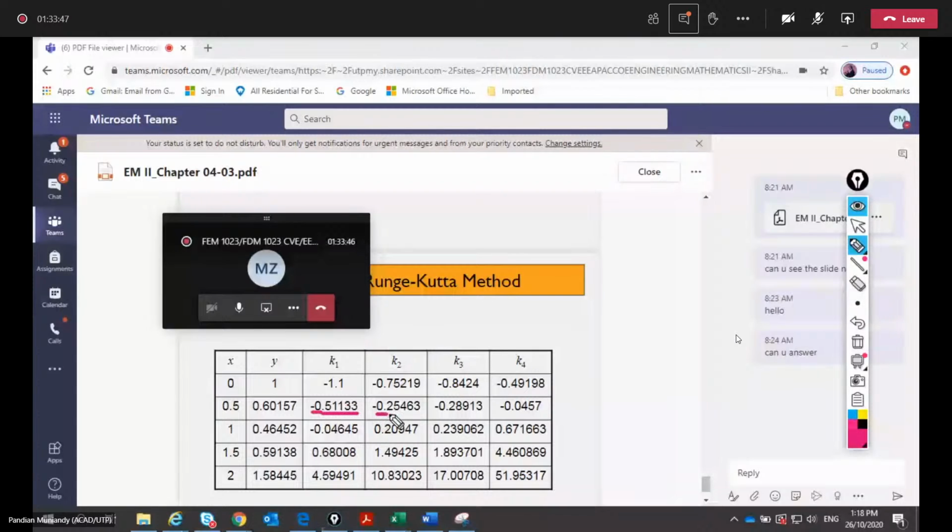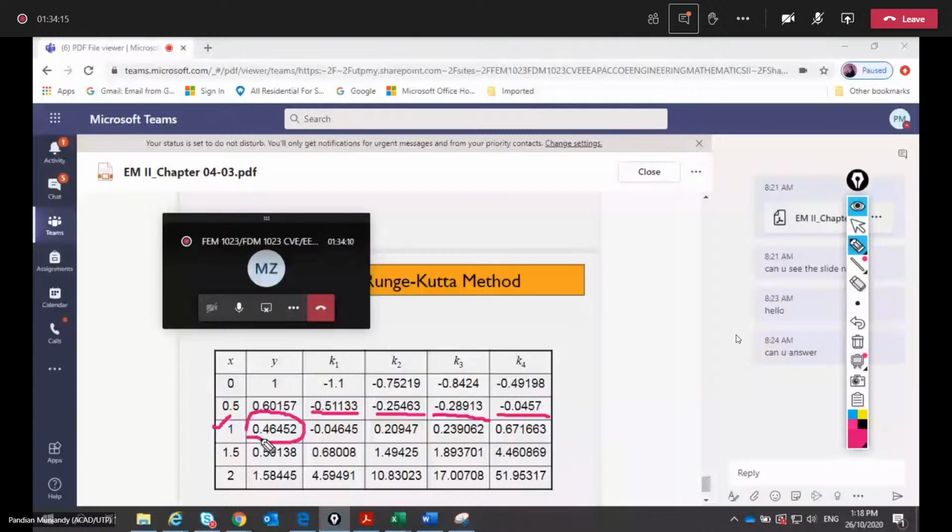0.51133, minus 0.25463, minus 0.28913, minus 0.0457. Use this value to calculate your Y, and this will be at X equals 1. Automatically at X equals 1, you get Y